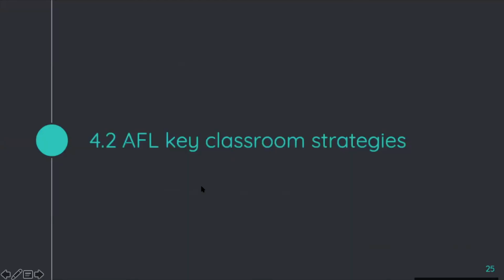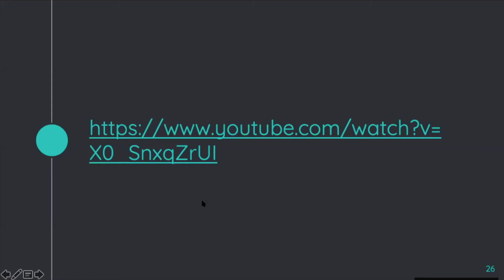Great. We move to the next section. We try to keep it as brief as possible. AfL Key Classroom Strategies. Then again, when implementing AfL in class, there are some key strategies that you need to put into consideration. Again, I'm going to send you an interesting YouTube video. I don't think we have time to see it now, but I'll send it to you, and it's kind of summative to everything that would and should and has to be discussed concerning success criteria and learning intentions.